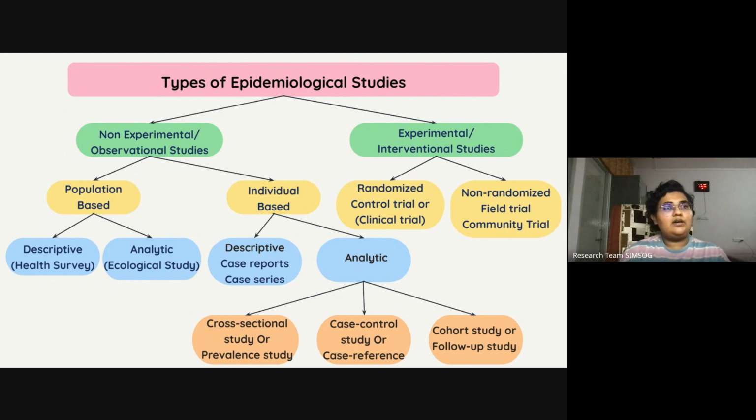Cross-sectional studies are also called prevalence studies, and in those we usually take a snapshot of the population. Case control studies are also known as case reference studies, and cohort studies are also known as follow-up studies. Since case control studies and cohort studies have been explained in depth in the previous sessions, I